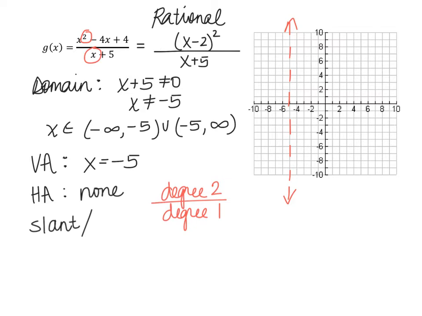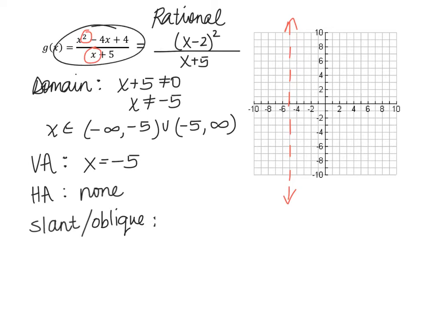And some people refer to these as oblique asymptotes. So whether you call it a slant asymptote or an oblique asymptote, those words are interchangeable. And this is only going to happen when the degree of the numerator is 1 greater than the degree of the denominator. So to find the equation for the slant asymptote, we want to actually do the division in the original function. So we're going to divide the x plus 5